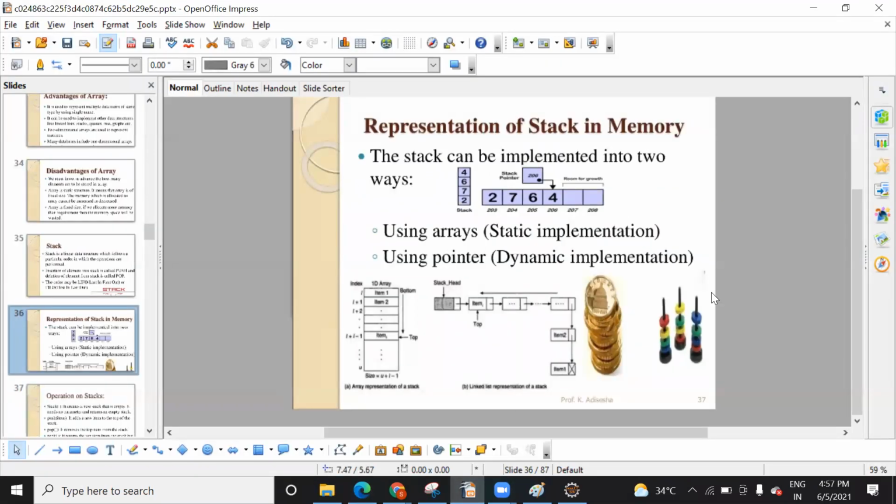Just like this, this is all an example of a stack. You can push an element onto this stack at the end. Suppose if you want to push any element, then it will be added at the end itself, right? Because it is last in first out. So if you want to insert an element, then it will be added in the sequence itself. So this is the stack data structure.